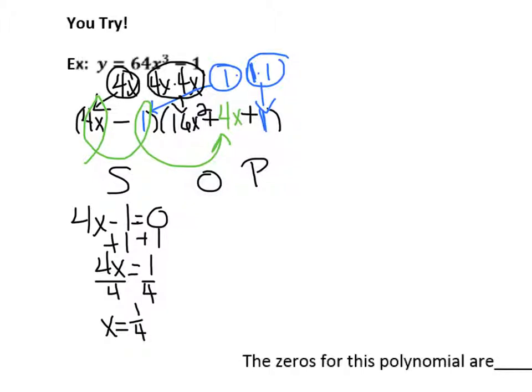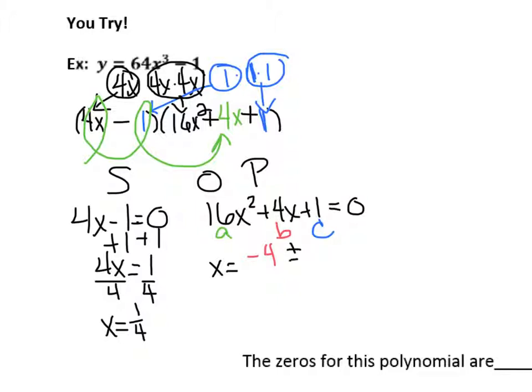The trinomial, when I set that equal to 0, since it's a trinomial, we are going to use the quadratic formula here, which means we need to label a, b, and c, and go directly to the formula. So we have x equals negative b. b is positive 4, so it would be a negative 4,